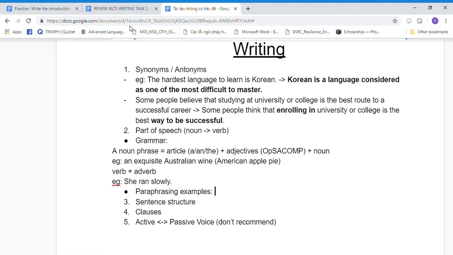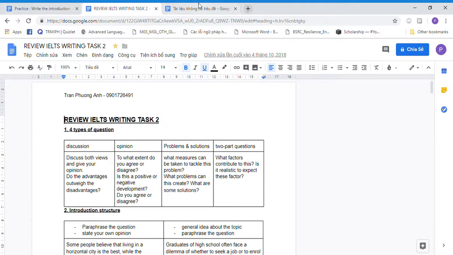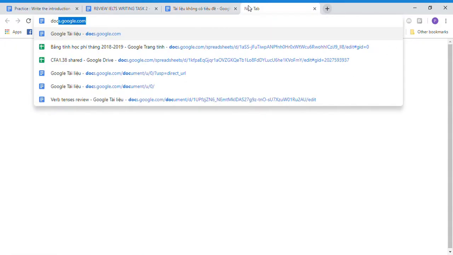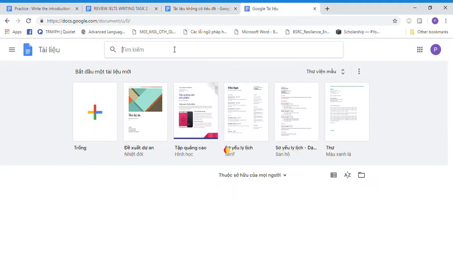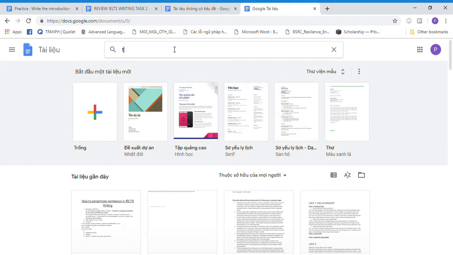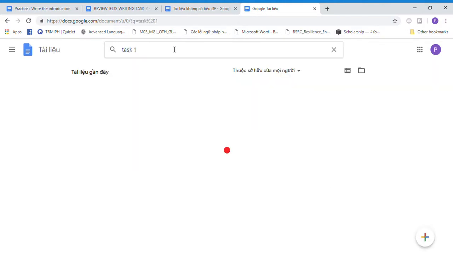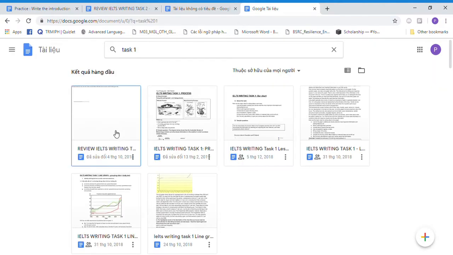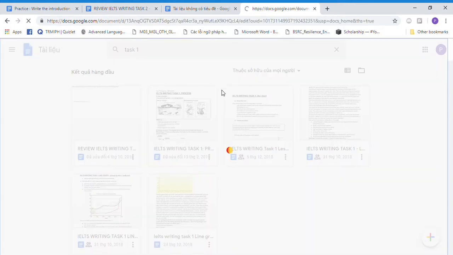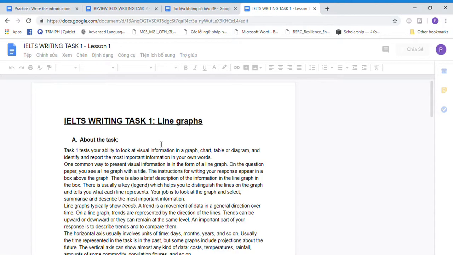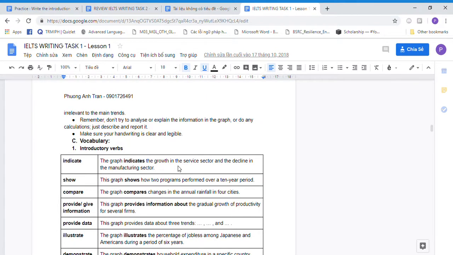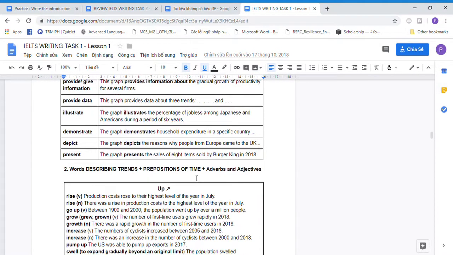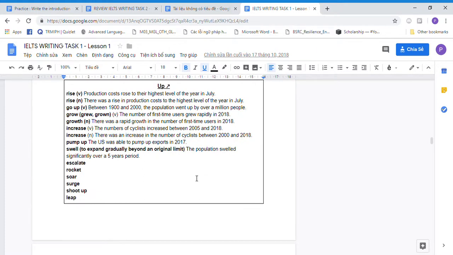I'll pick a sentence from some of my material, my teaching material. So let's review task 1 a little bit. We will review task 1, the line graph. For example, I want you guys to paraphrase